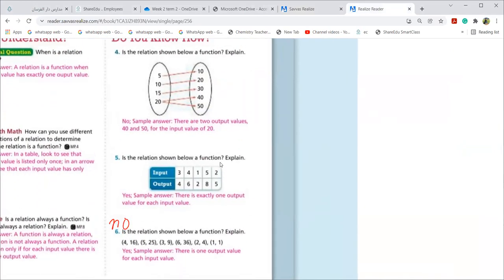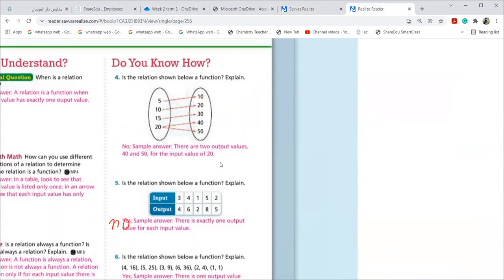Now, girls, here, next page. Girls, is this a function? By looking at it, decide, is this a function? No. Why? Because there are two outputs, 40 and 50, for the input value of 20. There are two output values, 40 and 50, for